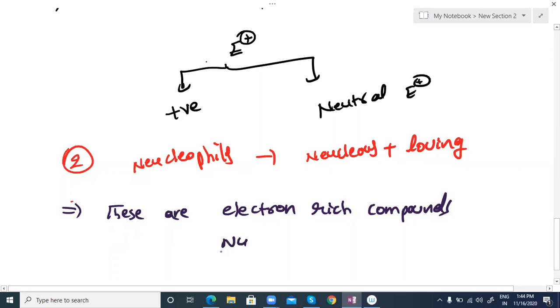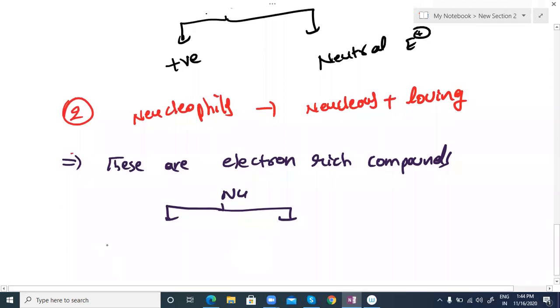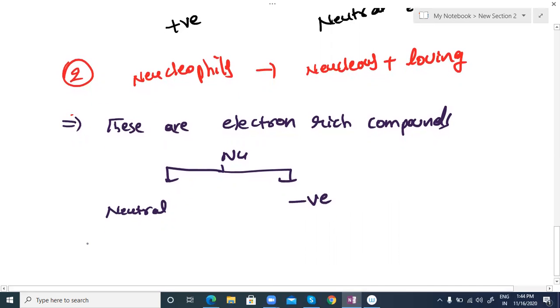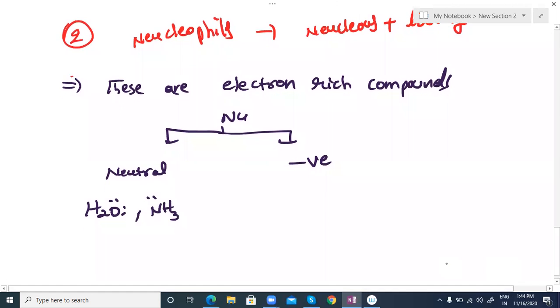You can classify nucleophiles into two types: neutral or negative charged. Neutral means, you can check here H2O. It has a lone pair of electrons. Ammonia. So I'm writing a few ways to identify; I will provide the list. First you can identify the nucleophile: it is one that has a lone pair of electrons or extra electrons that it can donate easily. Those we call nucleophiles, which love the nucleus and have extra electrons. Those are electron rich compounds.